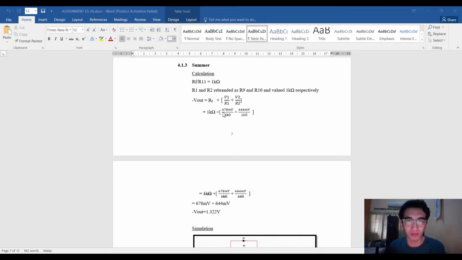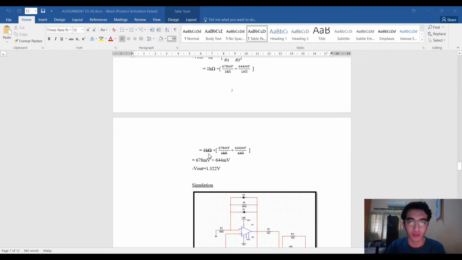The value of RF, R1 and R2 is exactly the same, 1 kilo ohm. The feedback resistor and the input resistors are the same value, so we get a gain of unity that enables us to directly sum the input voltages, performing a simple mathematical operation of summing two input voltages. So you can cancel the feedback resistor and the input resistor, which leaves us with the voltage peak of oscillation 1 and oscillation 2. So the final value of the calculation is